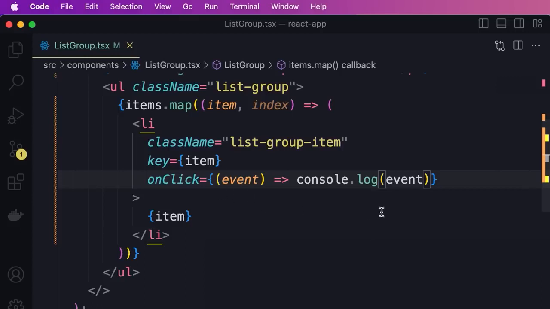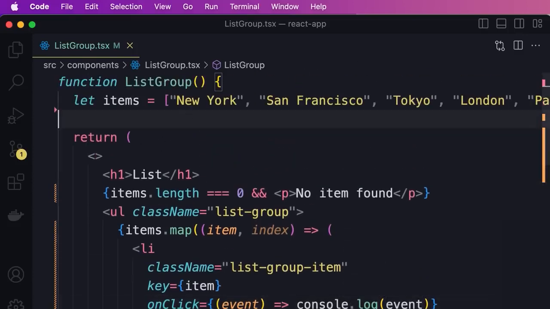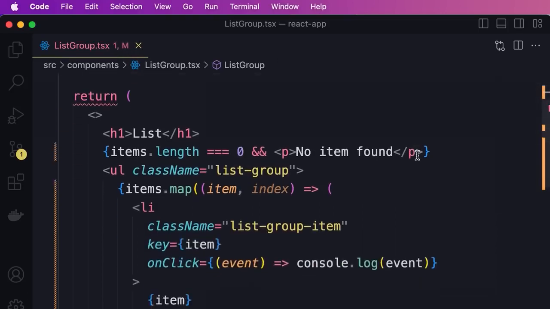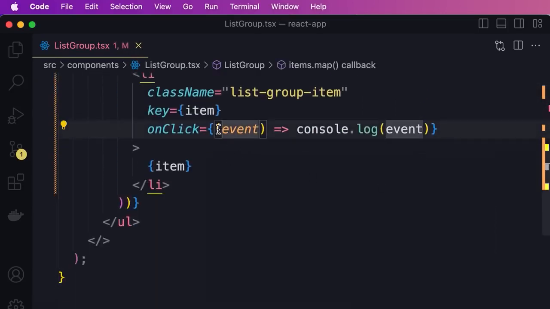Now, our event handling logic here is very simple. It's just a one-liner, so writing a function here is totally fine. But if our logic gets more complex, we don't want to write that logic here in the middle of a JSX markup. Instead, we should move that logic into a separate function. So in this component, we declare a function. By convention, we start with the word handle, and then we specify the type of event, in this case, click. Now we set this to, let's grab this piece of code